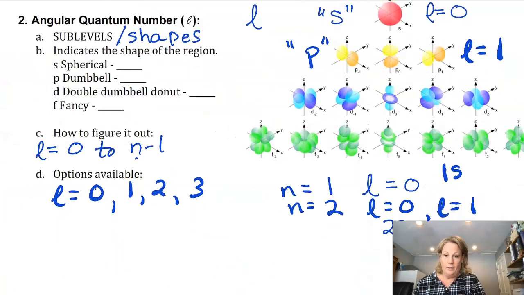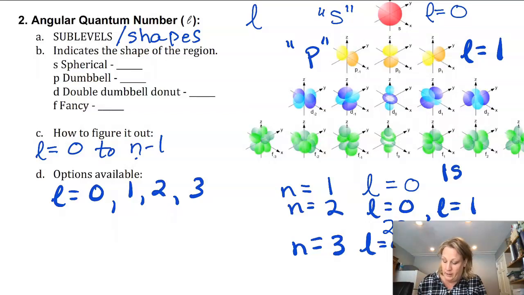So n equals 1, the first energy level, if you go into that level, there's only a sphere for the electrons. If n equals 2, there is a sphere. It's a little bit bigger than the n equals 1, than the 1s sphere. And you have some 2p shaped sublevels. So if n equals 3, now we know we still have L equals 0, L equals 1, but now we